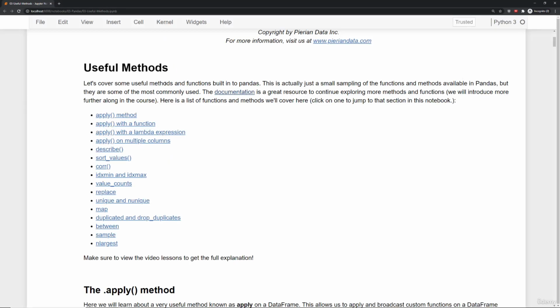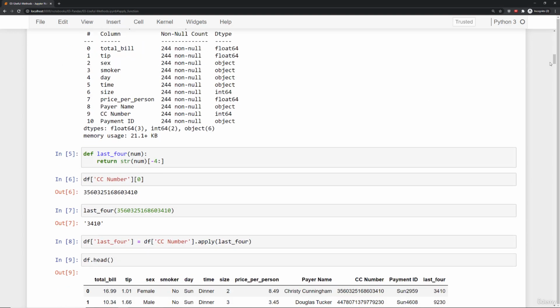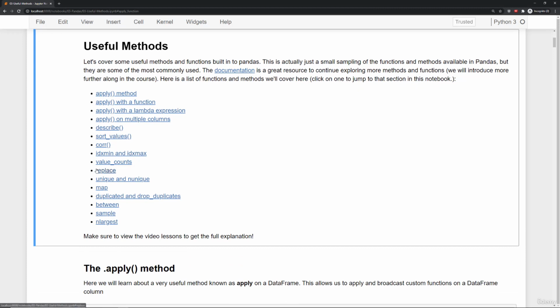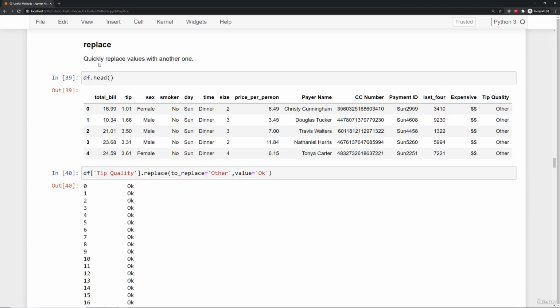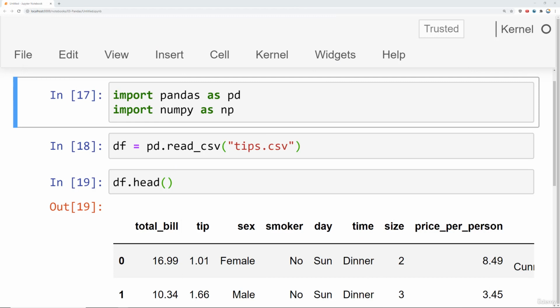The second feature of this notebook that I really want you to be aware of is you'll notice there's a list of links here, and if you click on any of these links, it will actually take you and scroll down automatically in this lecture notebook to the relevant topic. So if you're at the useful methods notebook and you say, oh, I want to know about the replace method, just click here on replace, and it will scroll down to replace where it shows you the example that we're going to be explaining in this lecture video series. So just wanted to let you know that this is a very useful notebook that can serve as a reference for you. But let's head back, and I mentioned that the apply method